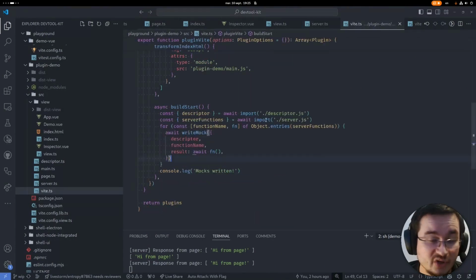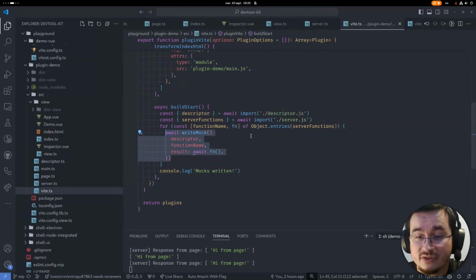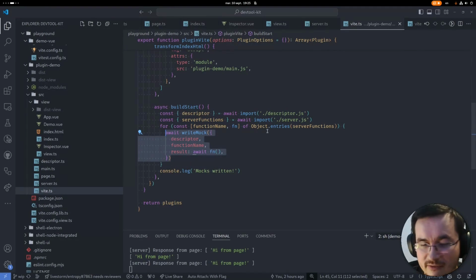But then in production, I'm going to write the results of this call into a static file used while building the application, so that when the application is running in the browser on a staging environment, it can still have the list of the files that were initially retrieved using the Node API, which is no longer available because we no longer have a Vite server in our staging environment.